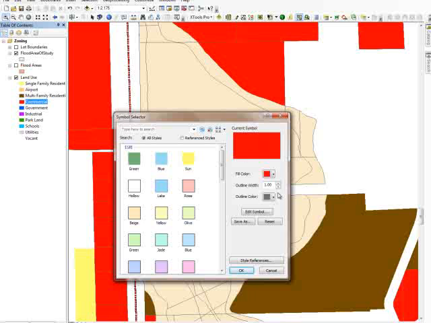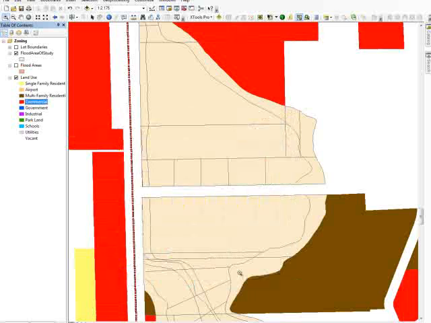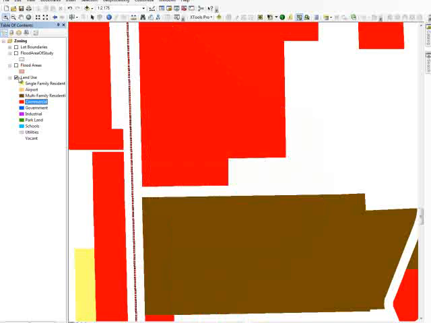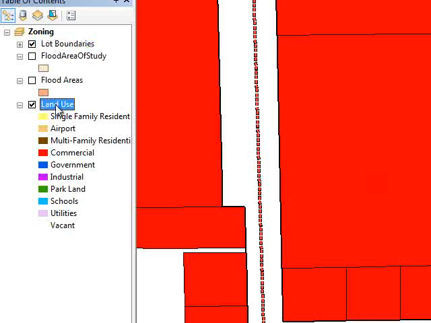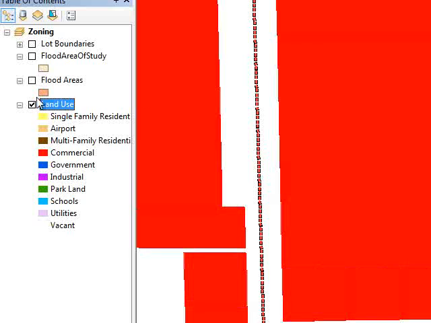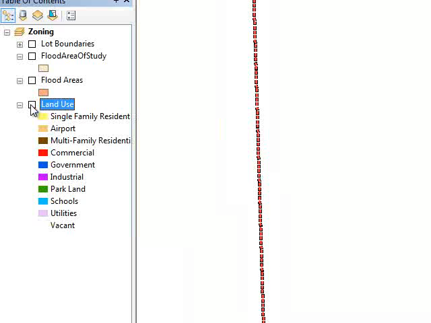So I'm going to set this back like it was. I'm going to turn that outline back to 0. All that is really doing, again, is giving us the illusion that there's no boundaries, that it's just one solid land use there. And if you remember, they had the lot boundaries layer that we haven't done much with in this exercise. But if you turn that back on, you'll see those boundaries again. So the lot boundaries and the land use are spatially very much alike. They're almost one for one. They're just a different set of attribute data in the land use file than what there is in the lot boundaries file. I don't want to confuse you, but I just wanted to give you a little more explanation there about what's going on. So the real area of interest